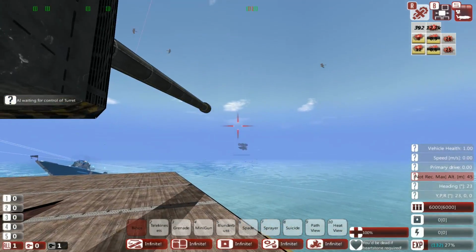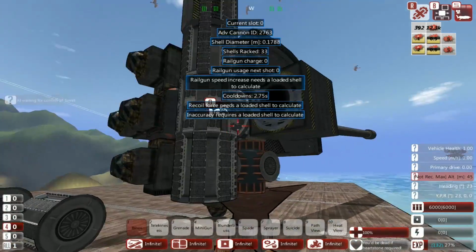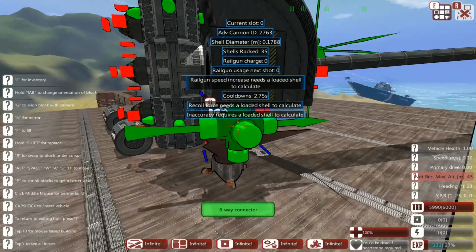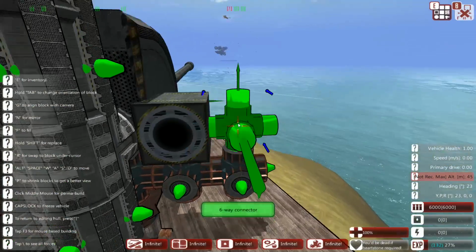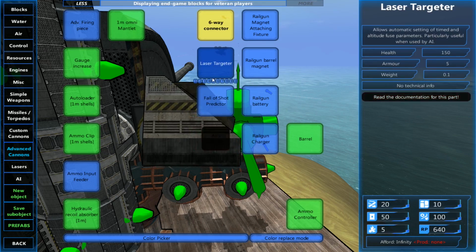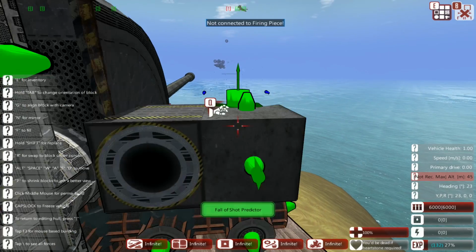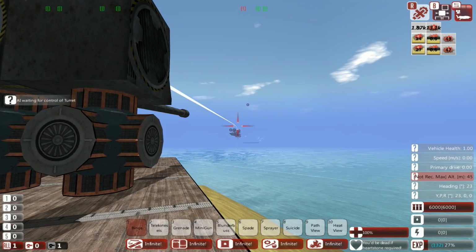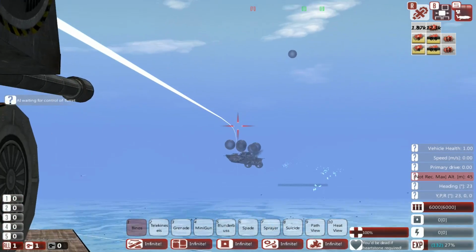Now, I don't have a fire predictor on here, which is a problem. So if I was to go into build mode, add a fire predictor, I would need to add a fire predictor onto one of these, so go into advanced cannon, fire predictor, and then if I was to say take manual control,